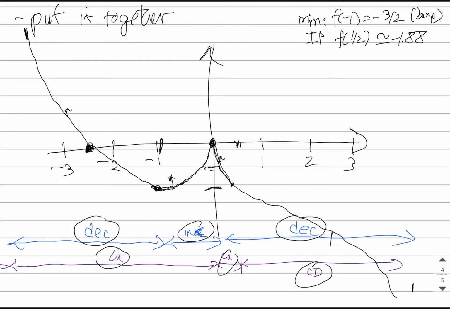And right there, we've put all of this information together to get us a very good picture. Yes, you can use technology to graph this, and it's very quick. But technology becomes a black box, and you then don't know what it's doing or how it's getting it. Using things in this way gets you all of the important information. You know exactly what it's doing, where it's doing it, and it's a very valuable